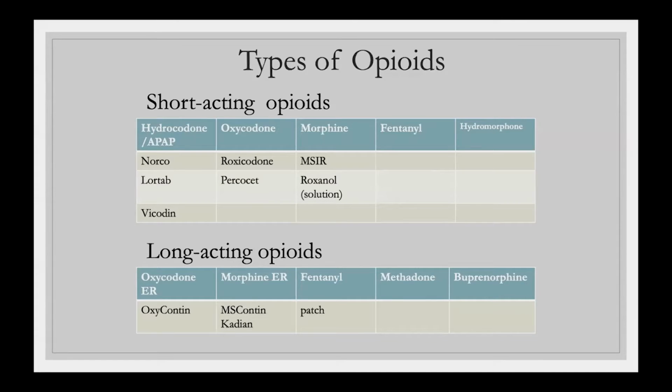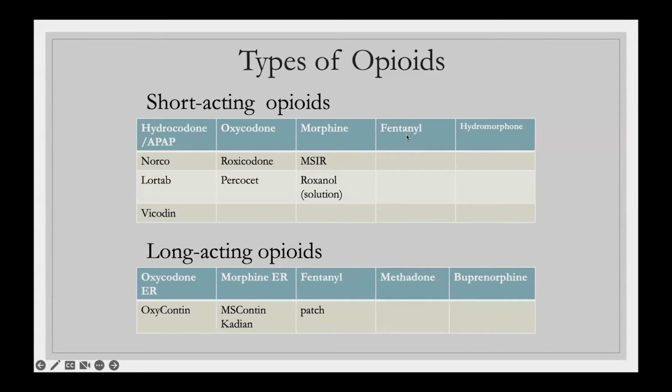Opioids actually do have a similar latter part of the name, so that's how you'll be able to recognize from the name alone that it's an opioid medication. It's a "-codone" ending for a lot of them, though there are some that don't follow that pattern, like morphine and fentanyl. With oxycodone-based, you have things like Percocet and Roxicodone. And then morphine, which is becoming less and less common because some people will actually have a rash reaction to it. These would be things like Roxanol.